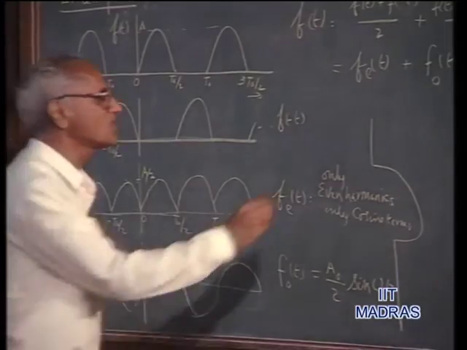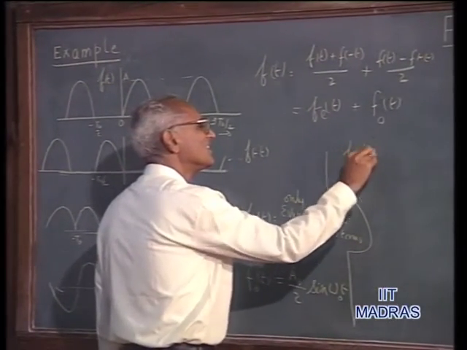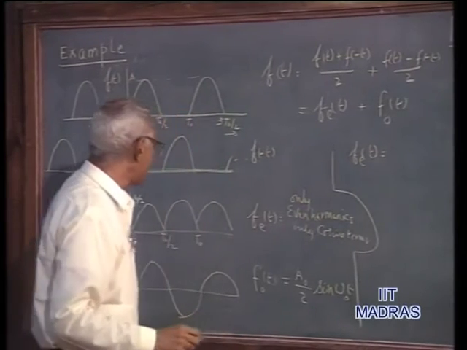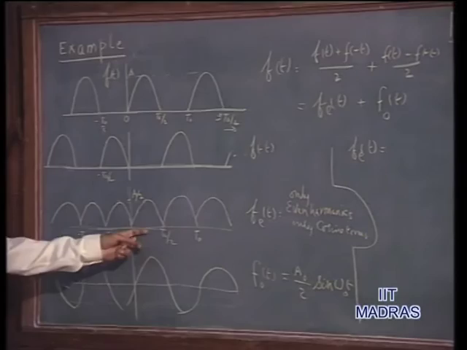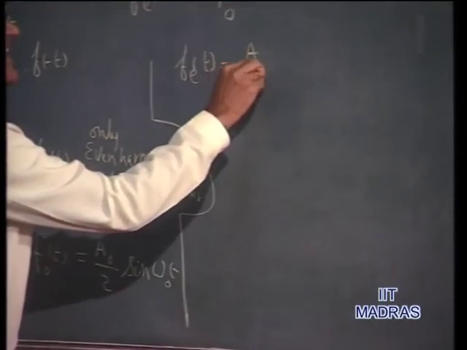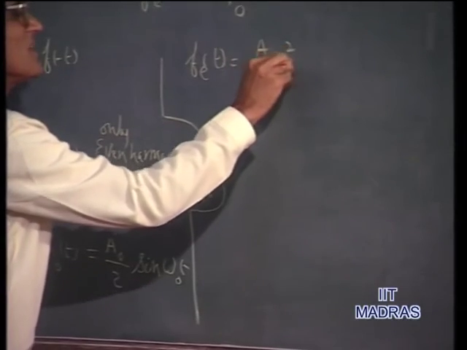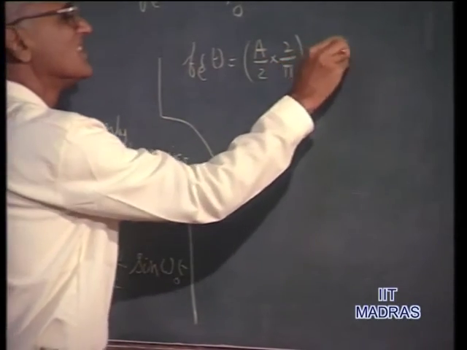Fe of t, suppose, as a DC term, the average value of this, as you know, any sinusoid, we are talking about the absolute average value 2 upon pi, that is the DC term, plus you have